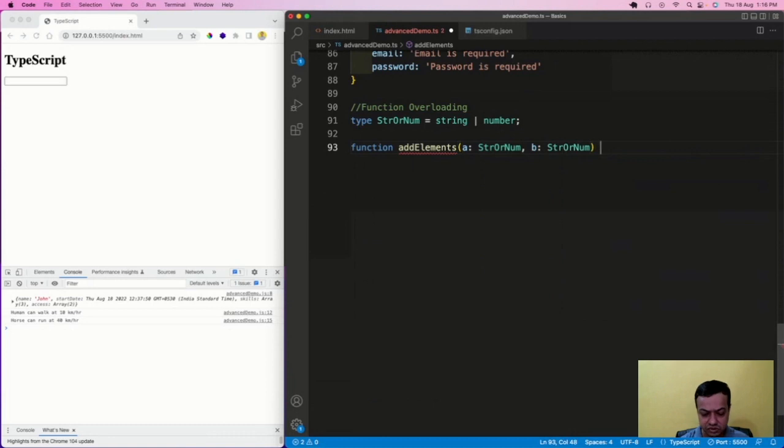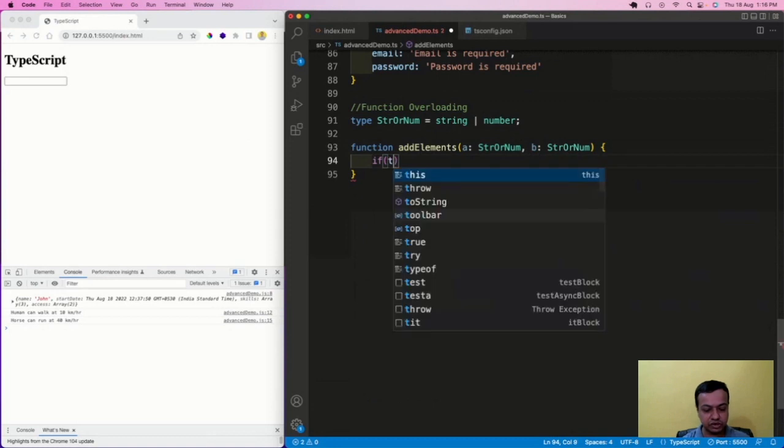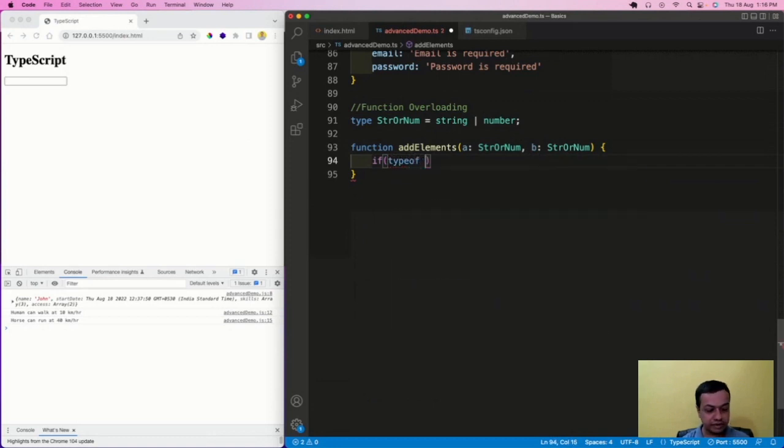And then what I want to do here, taking two variables, if any of the variables is a string, I want to add them as strings, or else if both of them are numbers, then I will return a number. Okay, so for that what we have to do here is check typeof a triple equal to string, or typeof b triple equal to string, then I will